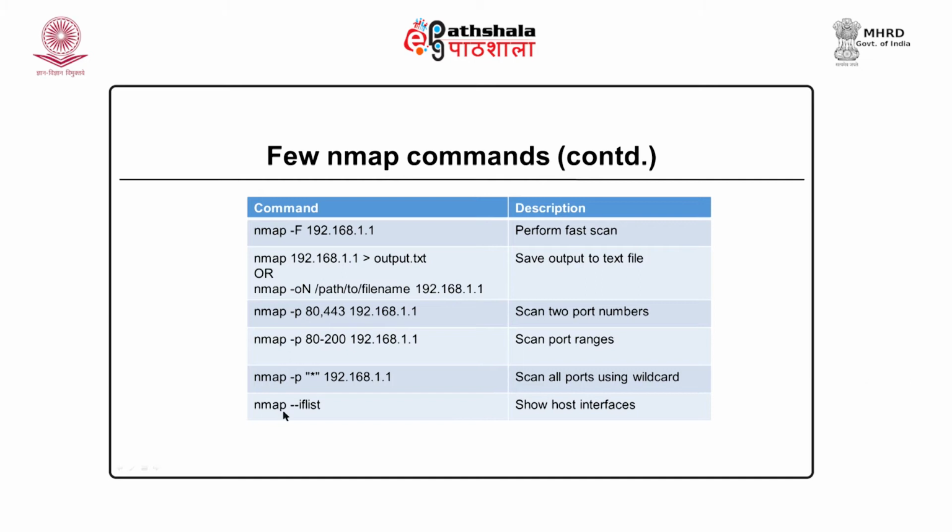Now, Nmap has another utility, that is --iflist. IF means interface. So, Nmap will list all the interfaces that are available on the system. Usually laptops have multiple interfaces, they have wireless and wired interfaces. So, Nmap can list all the interfaces available on the system. It can be our system or remote systems. So, this is how Nmap can be used to scan ports.